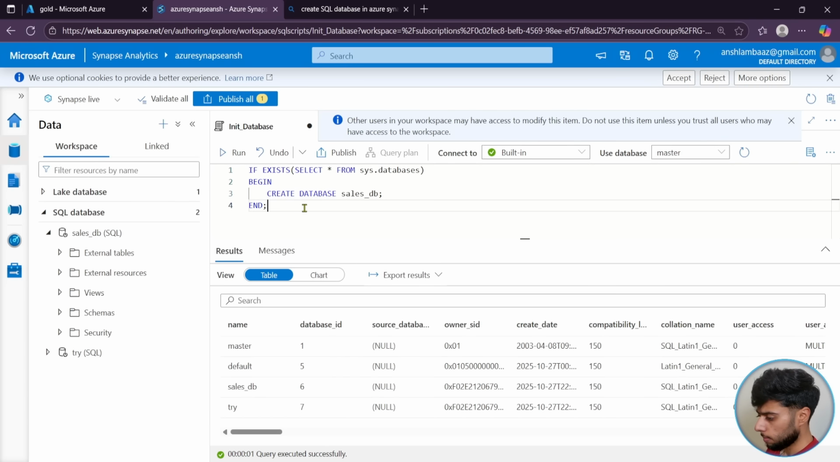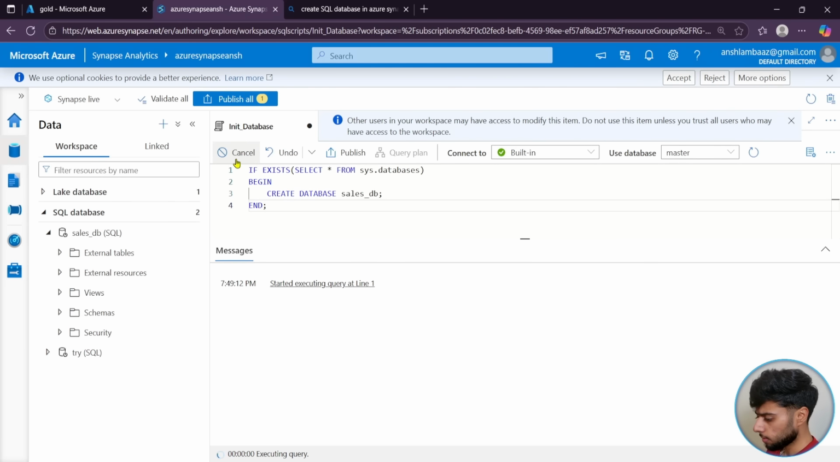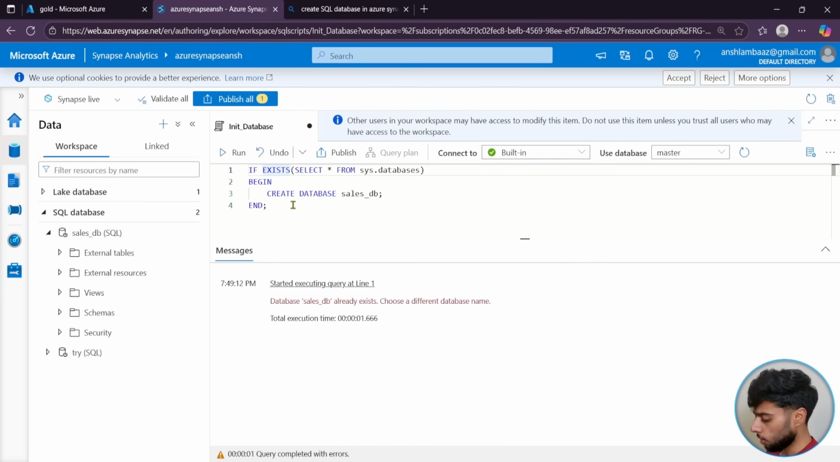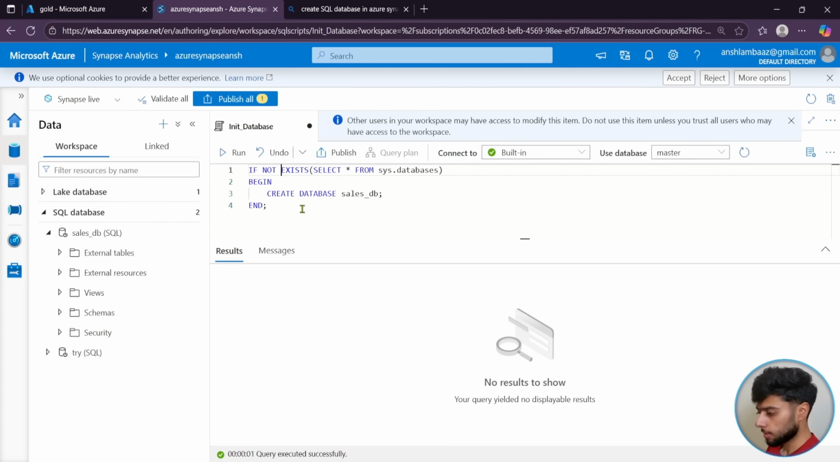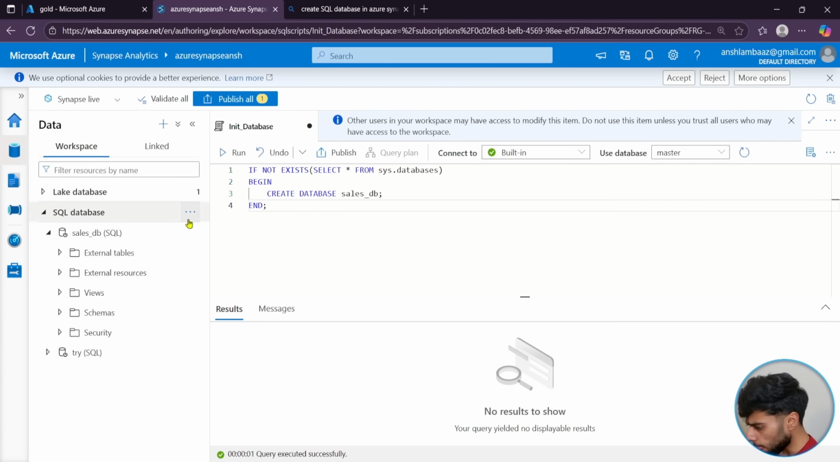Okay, makes sense. Let's try to run this. Database sales, I need to say if not exists, because obviously it may already exist. So this is the code that you can just reuse every time and it will not throw any error. Okay, I can save the script,